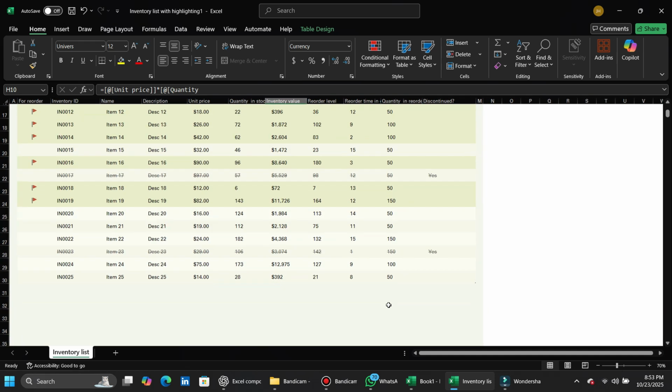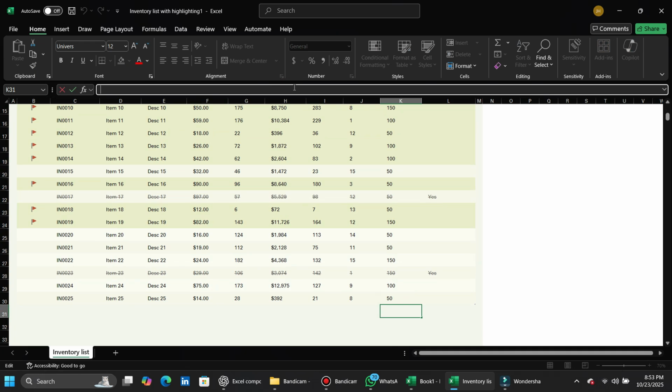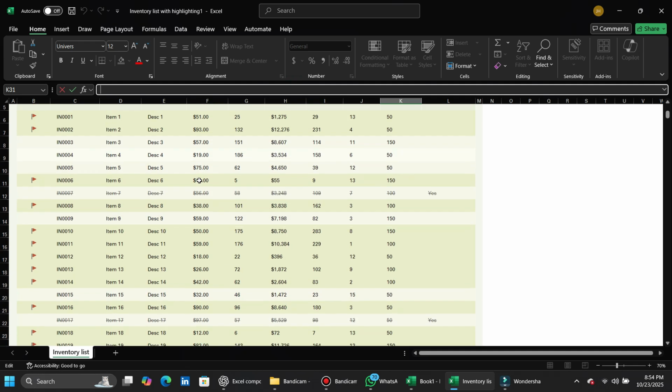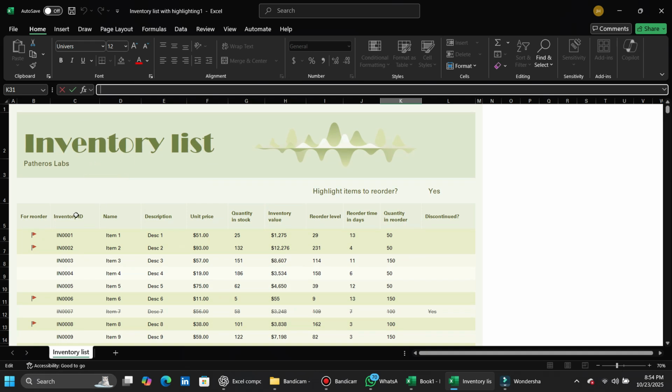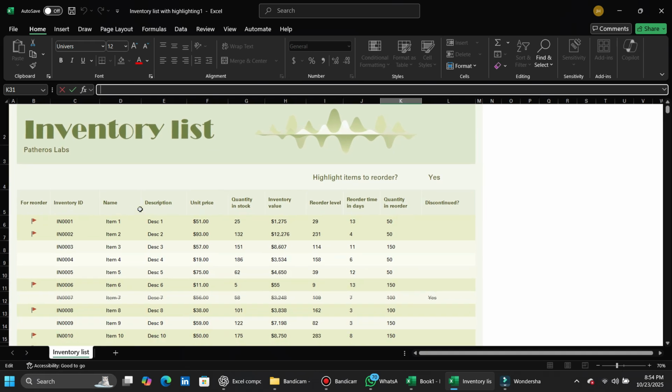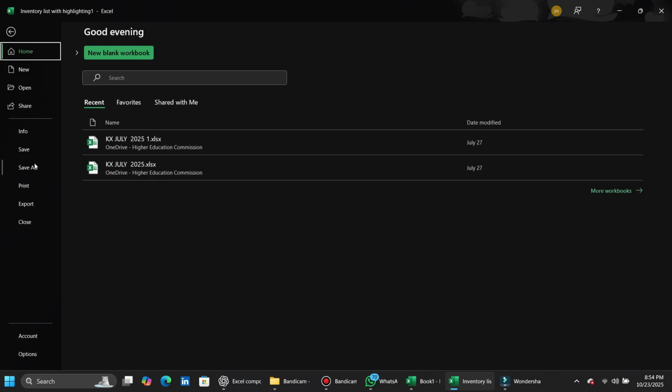If you want to track stock automatically, you can add a simple formula like =C2*D2 to multiply quantity by unit price for total value. You can also apply filters to sort items alphabetically or by stock level using the Sort and Filter option under the Home tab. When your inventory list is complete, click File, then Save As, and choose where to store your